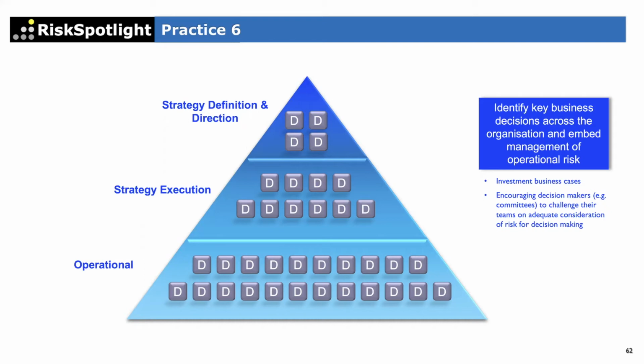We need to change the template, whichever template they have to use to populate all the data about why they want that investment and how it would benefit the organization. We need to embed operational risk management topics in that template. And then we need to train our committee members, or whoever is approving those decisions, that please do not approve anything if you do not see enough details around whether the person who's presenting the business case has thought about the changes to the operational risk.